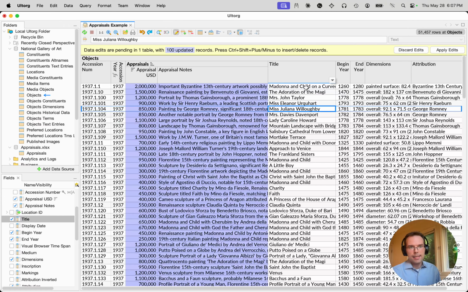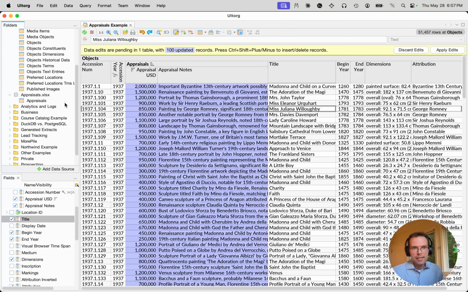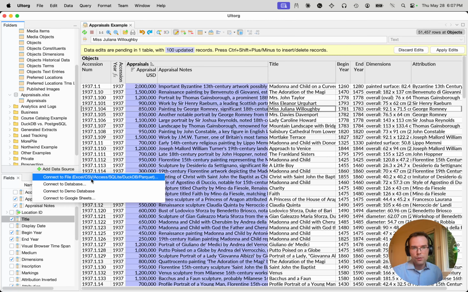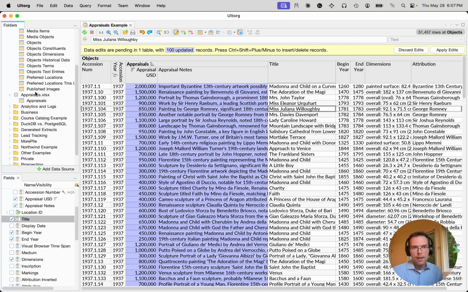The other thing is, as is often the case, this National Gallery of Art database is actually read-only. I can't write to it. So what I've done instead, and this is quite common use case, I made an Excel sheet that I've also connected to, because you can connect to Excel files as well. And I've made a single worksheet that just has